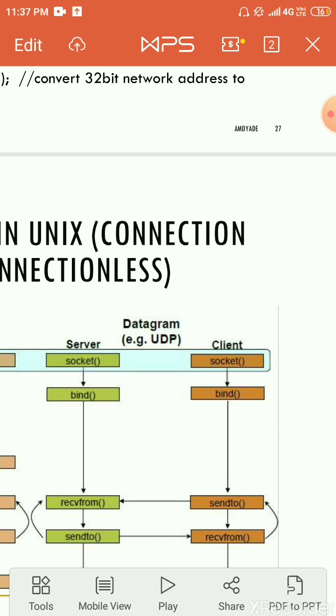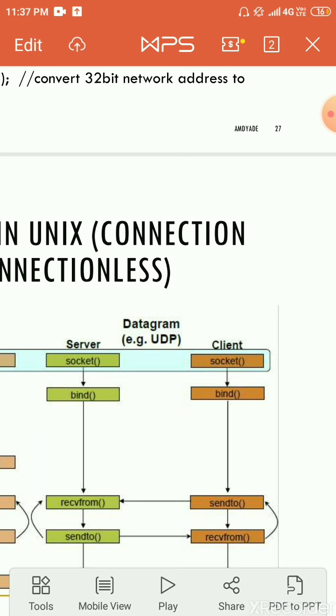When the result is ready, the server process calls the send to function and uses the saved information to send the result to the client that requested. The server uses an infinite loop, responding to requests coming from the same client or different clients.